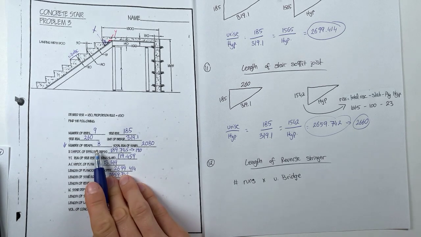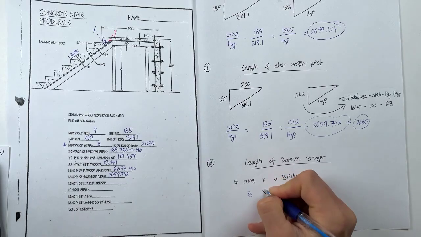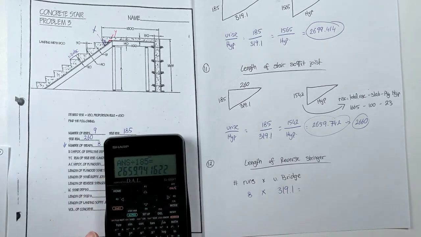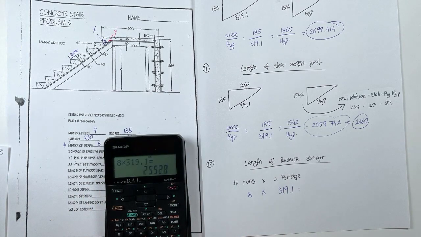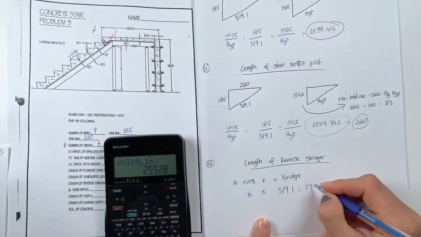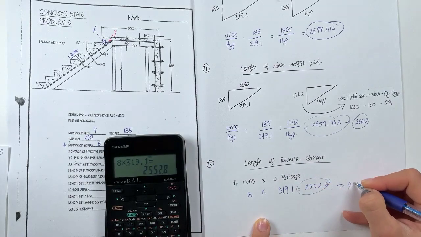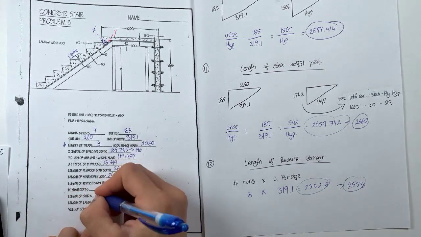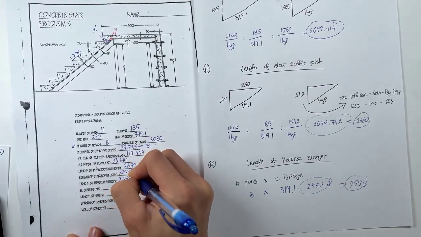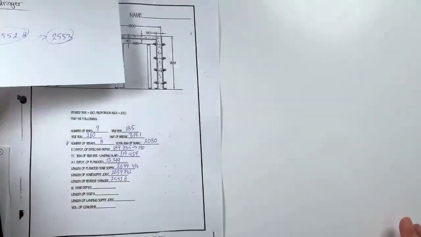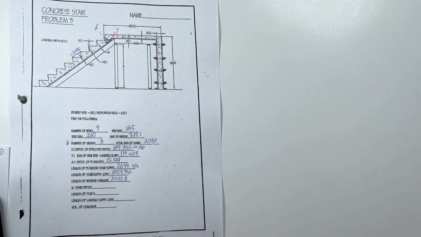So number of runs, we have 8 times unit of bridge, 319.1. 8 times 319.1 is 2552.8. You could also call it 2553. Either one. All great. That's that one. Wonderful. Next,